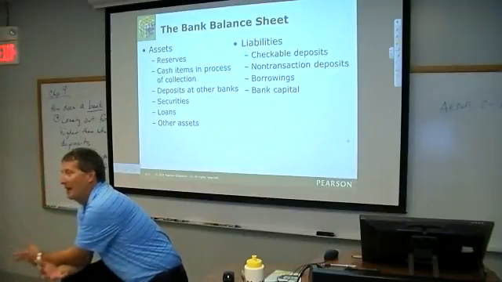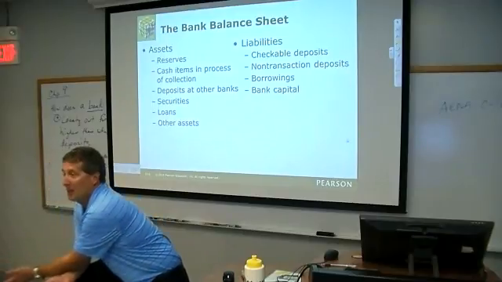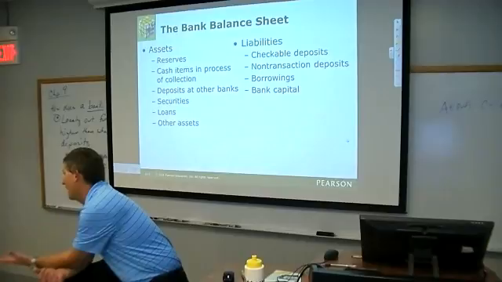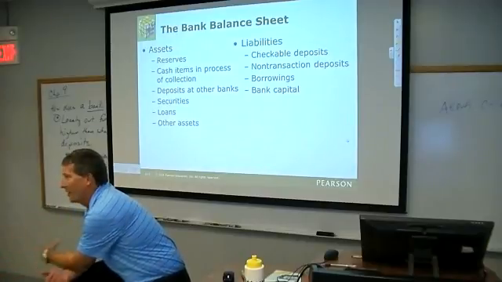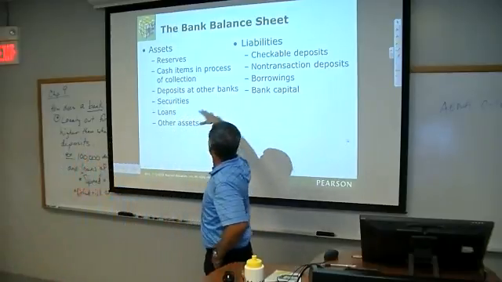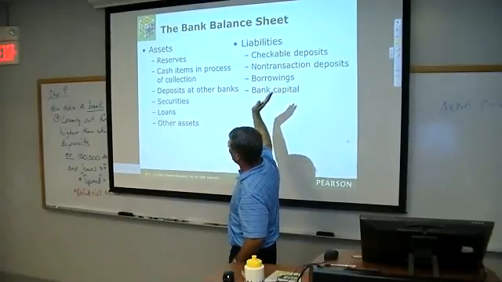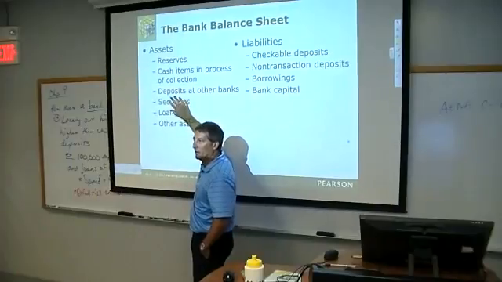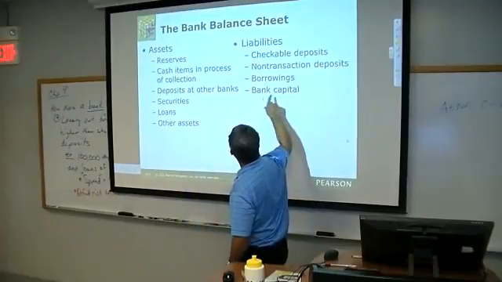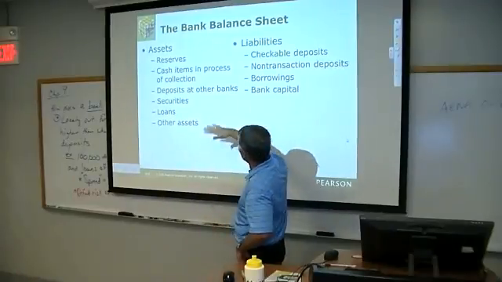So when they started the bank, there were 10 people, and each one chipped in $1 million. They capitalized the bank with $10 million worth of their owner's funds. What did they do with that money? Maybe they bought a building, and some of it was startup money, right? That then filters its way into other assets. So if they had $10 million worth of capital, and everything else was zero, boom, we're starting today. Okay, let's go buy a building for $1 million. So now I have an asset of a $1 million building, and I've got bank capital of 9, right? And I start doing my debits and credits to figure out what the balance sheet looks like.